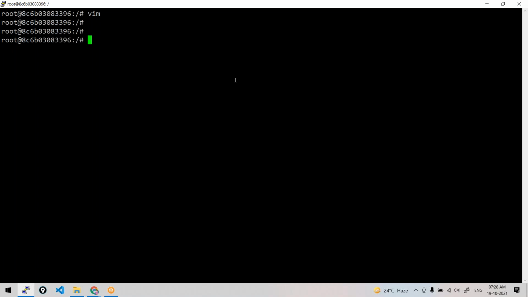Okay, first, how to come out of this container, how to come to the Docker host. What exit command will do?